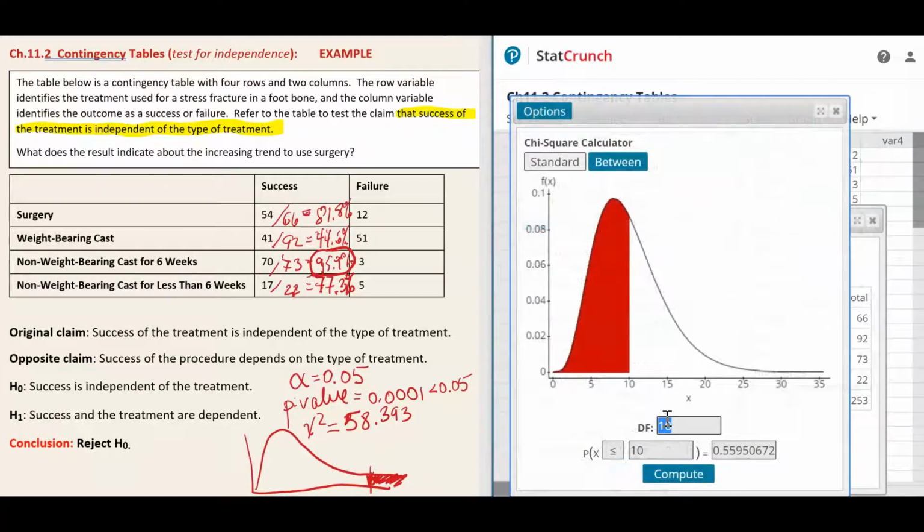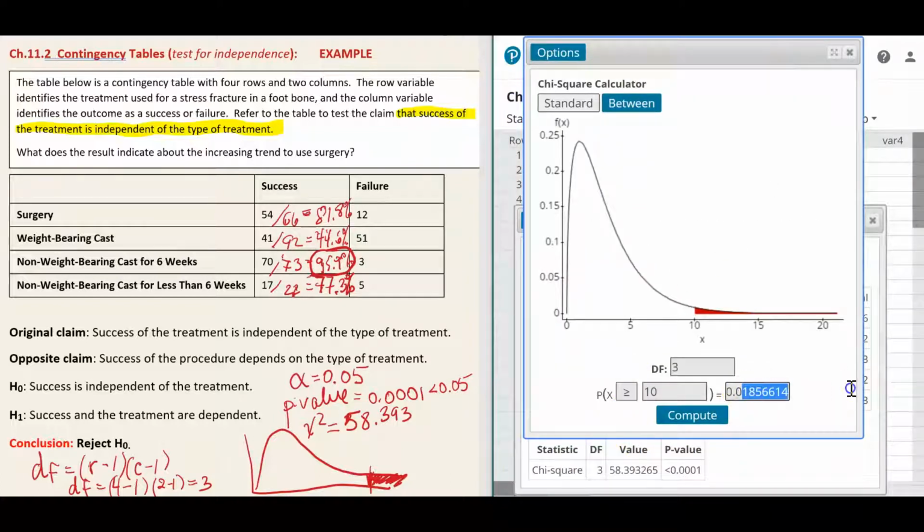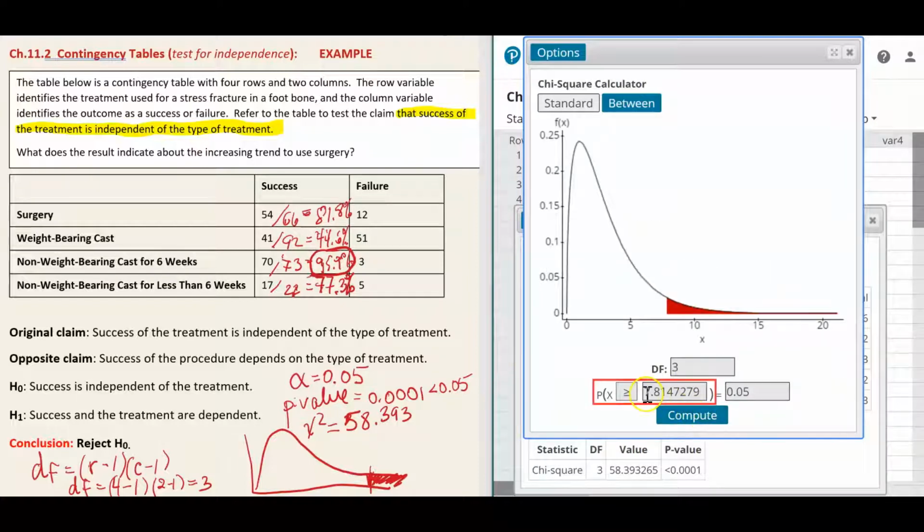Degrees of freedom is found by using the formula R minus 1, the number of rows minus 1, times the number of columns minus 1. We have 4 rows, 4 minus 1, times 2 columns, 2 minus 1, 3 times 1 is equal to 3. So degrees of freedom is 3. Change the direction to the right. The area to the right is 0.05. Compute. The critical value is